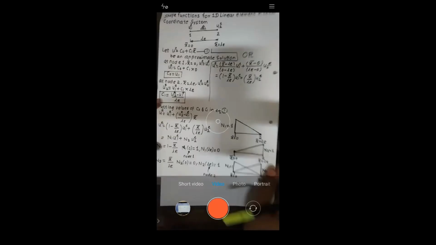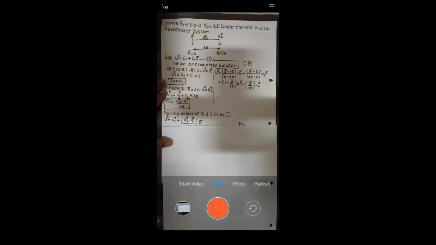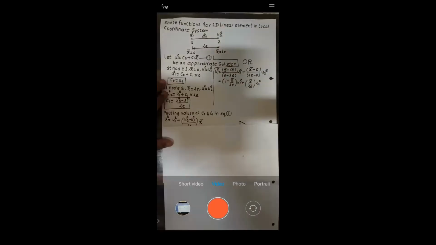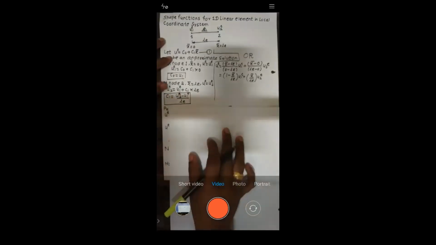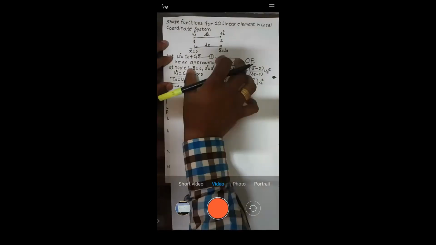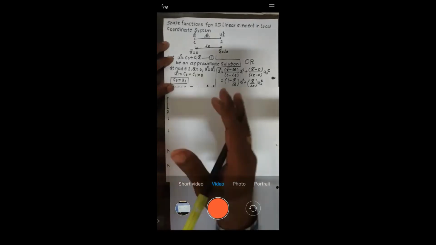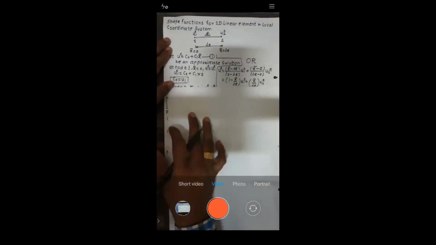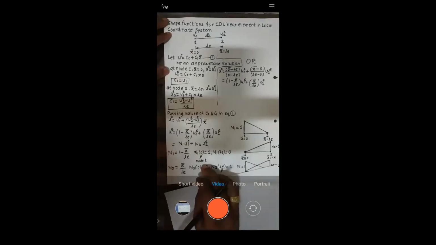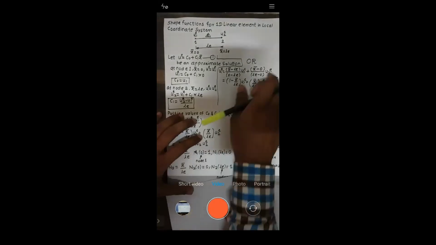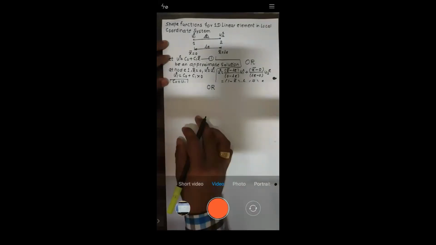All of you see here. The first method we saw was by taking the approximate function. The second method was by this equation. Let me come to this third method. I will continue in the local coordinate only; for the natural coordinate, I will let you know afterwards. So this is the first method by which we got the shape function, this is the second method, and let me try one more method. Let's see how to do that.